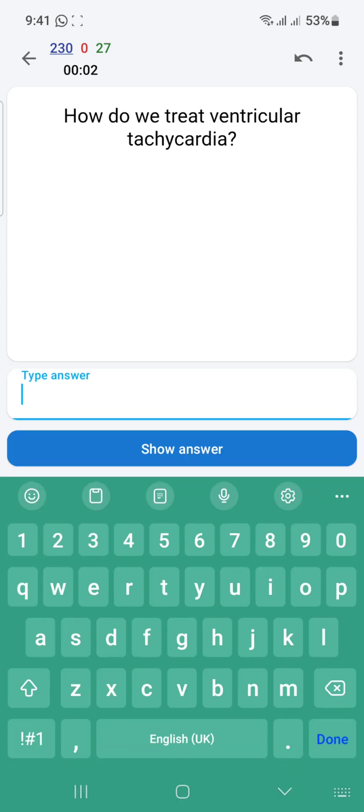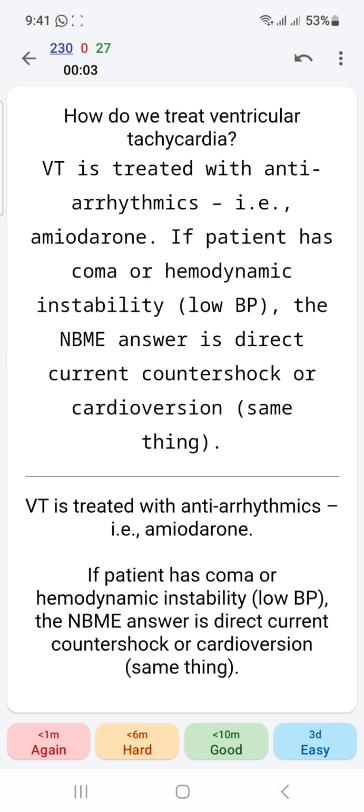How do we treat VT? VT is treated with antiarrhythmics, that is amiodarone. If the patient has coma or hemodynamic instability,